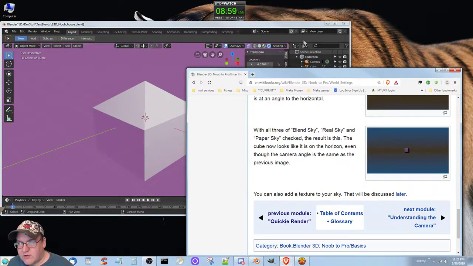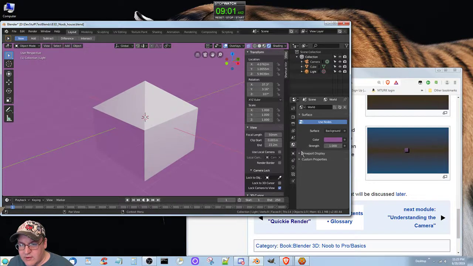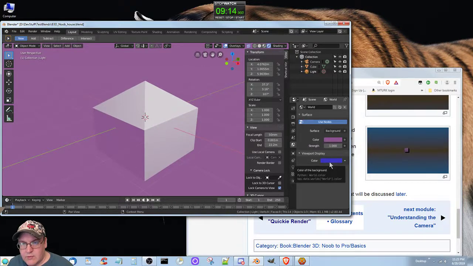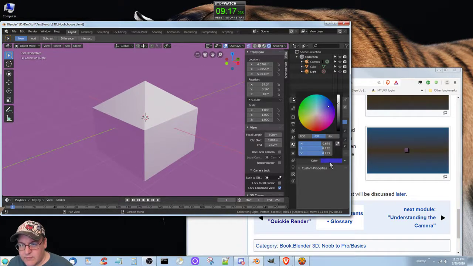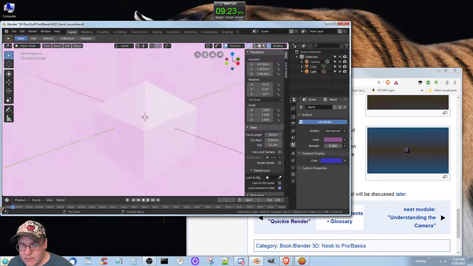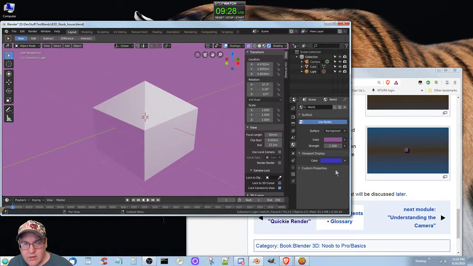You can add a texture to your sky, which is going to be discussed later. However, viewport display. I don't know what that means. Viewport display. Strength. Okay, so